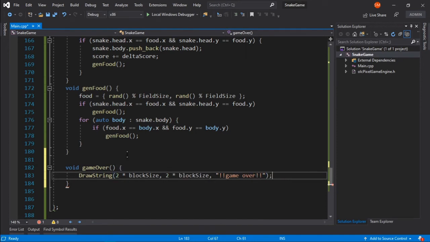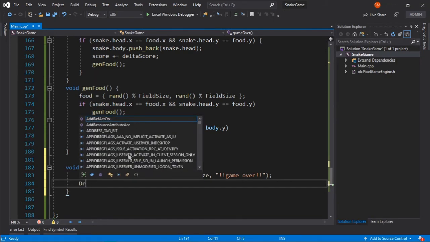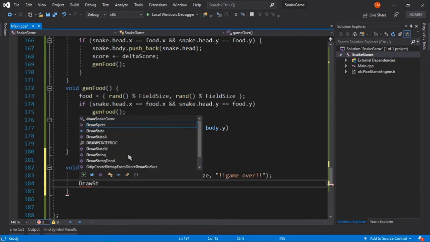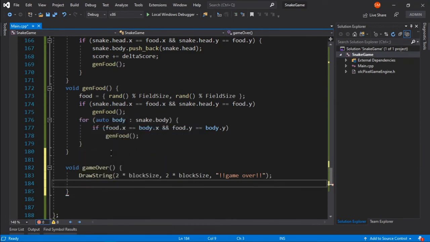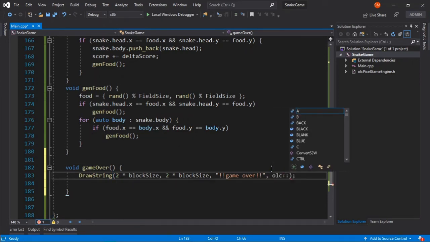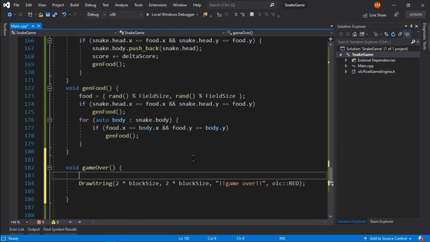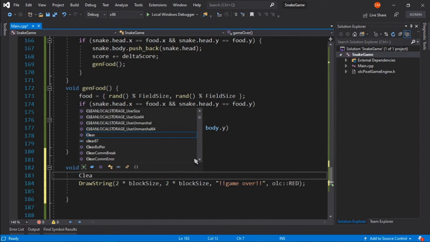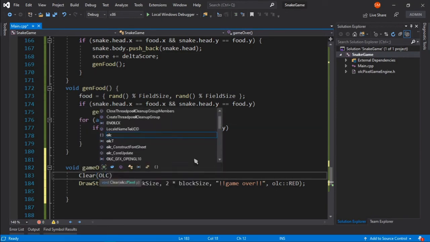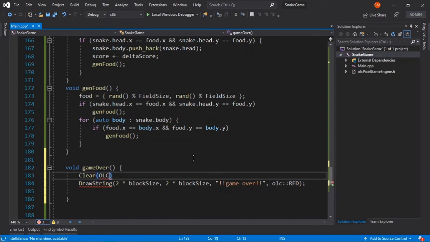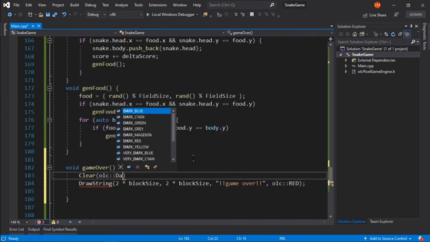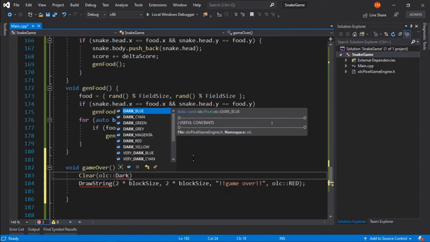And after that we will draw our final score. So draw string. I'll just copy this whole thing here, and this will be in red, so we'll say OLC::red, and our clear color will be a little bit different, so let's say clear in OLC::dark blue.